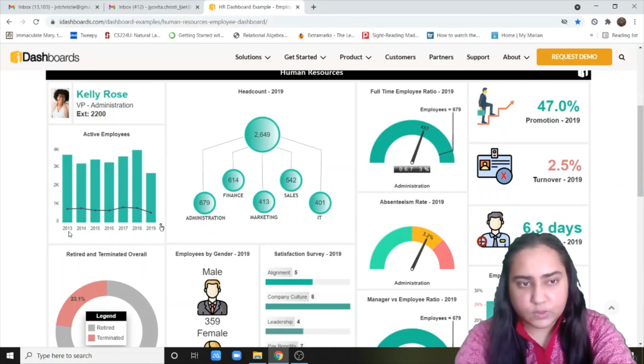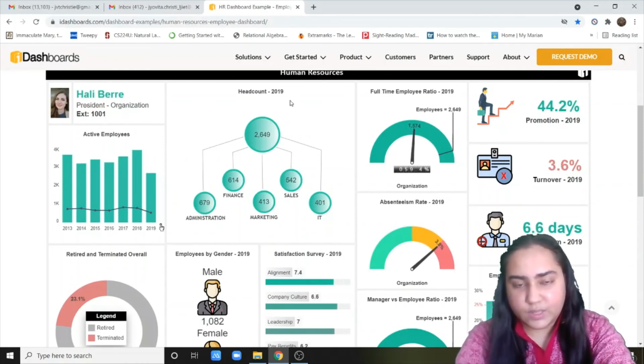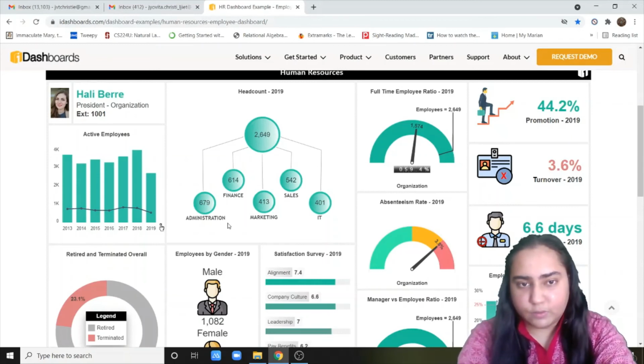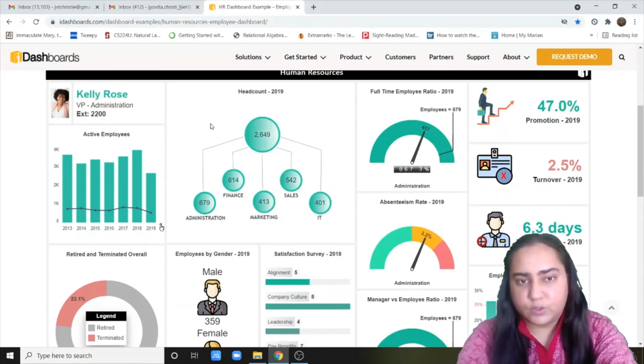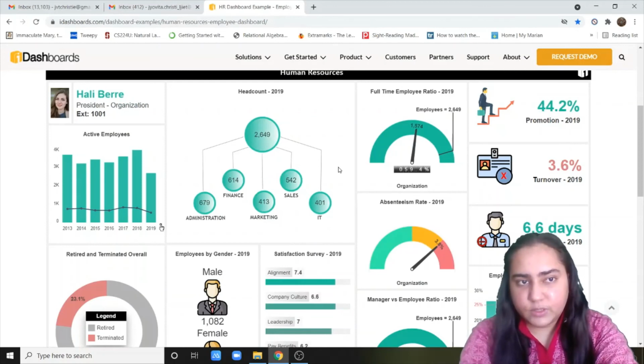That this is 2013 data, how many active employees were there, how many active employees in 14, 15 up to 2019. And there's also this area here that shows head count, total employees, and then their divisions into different departments. You can see administration this much. So even a person who is not exactly knowing much about data visualization can still make sense out of this dashboard. And also here on the side, you can see